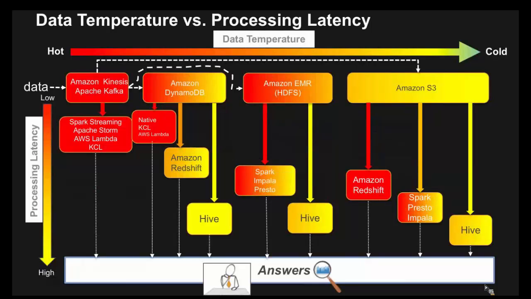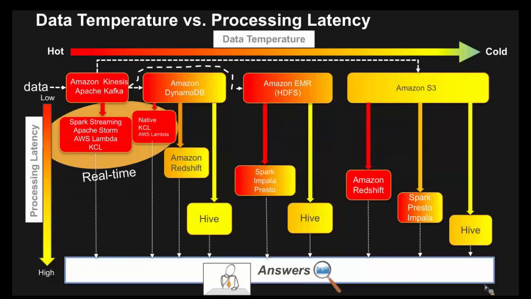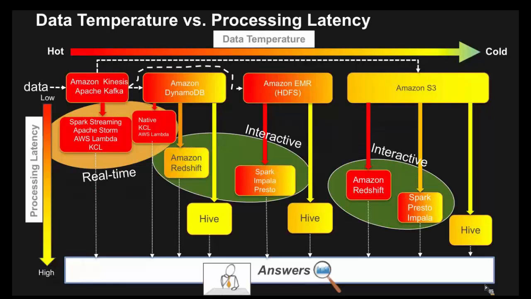For example, for real-time processing, you could potentially use Spark Streaming or AWS Lambda or Storm to process data in Kinesis. So basically you're using a hot data store as well as a low latency processing mechanism to get the answers very fast. As you move towards the right side, for interactive analytics, you potentially put the data in DynamoDB or HDFS or S3,